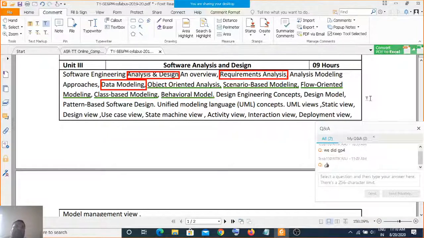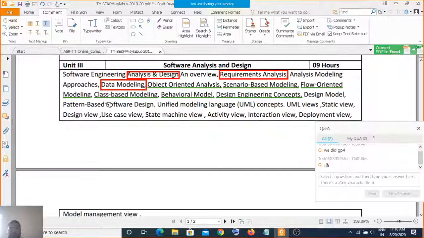So we have the different design engineering concepts that we have seen here. Now the design engineering concepts are the design model that we are saying. Then we also go with the pattern based model. So first thing is the design engineering concepts. So there are different concepts. One is called the process concept, and the event oriented concepts. And based on that you have top down designing, bottom up designing. Then you have the formal methods, that is you can go with the mathematical designing of the thing. Then you have the design model. So all this modeling is nothing but the design model, analysis model. Then you have this pattern based software design.